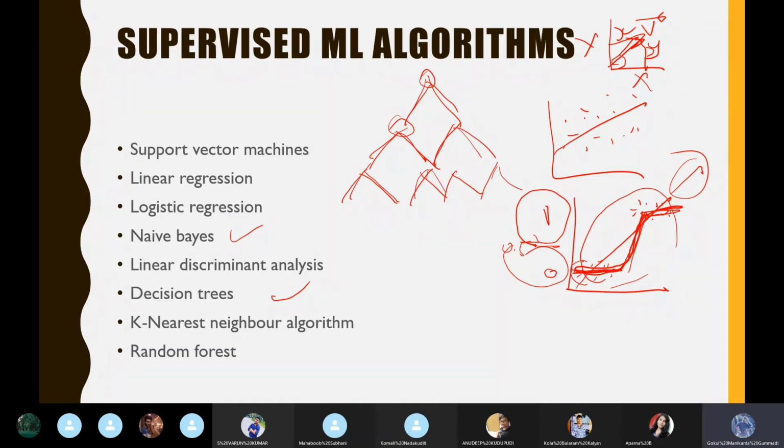And coming to the k-nearest neighbor algorithm, here we have a radius. For suppose I have some data point, and we give a k. The value of k will be the range. Let's say I have k as 3, and these are the data points.